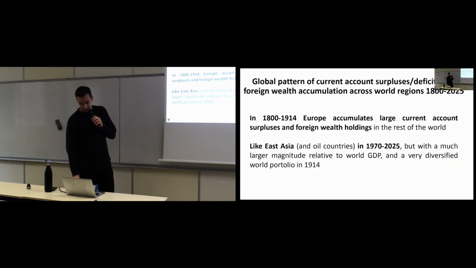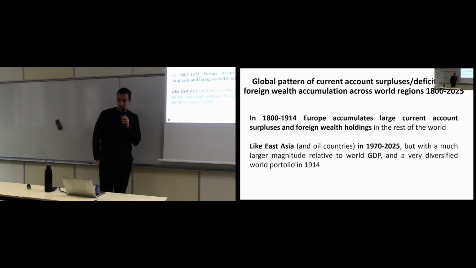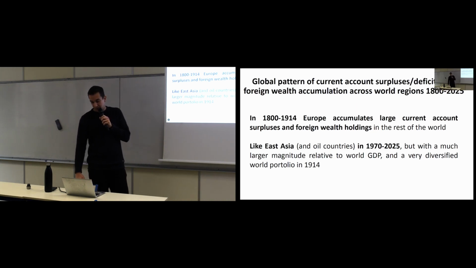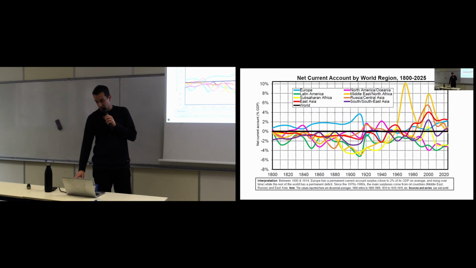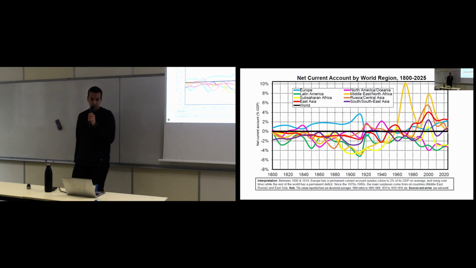Okay, let me show you how these countries accumulate current account surpluses or deficits and how this results in foreign wealth accumulation. As I said before, in the first century, Europe accumulates large current account surpluses and foreign wealth holdings, despite not accumulating trade surpluses. And a bit similar to what East Asia and oil countries do today, but in a different way. So this is the result of the current account